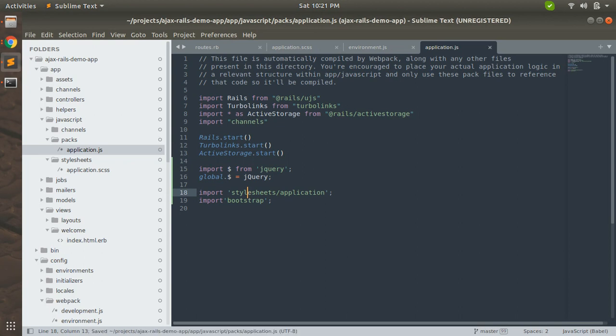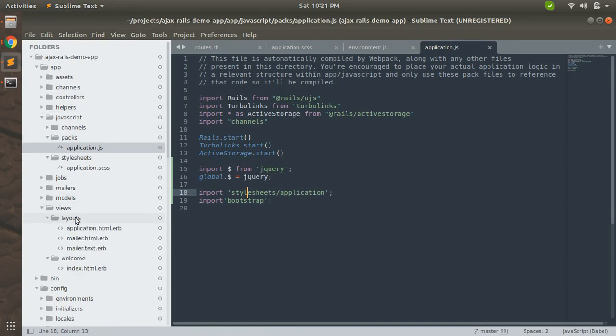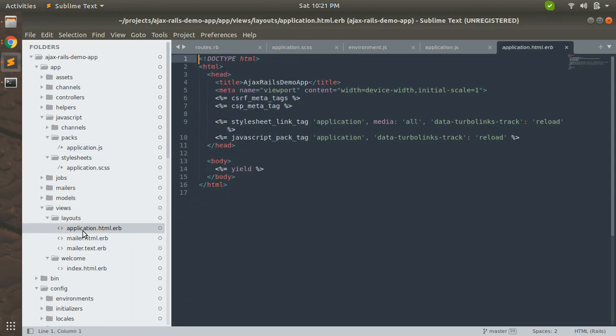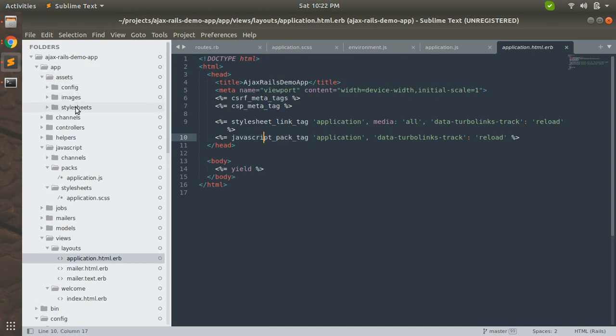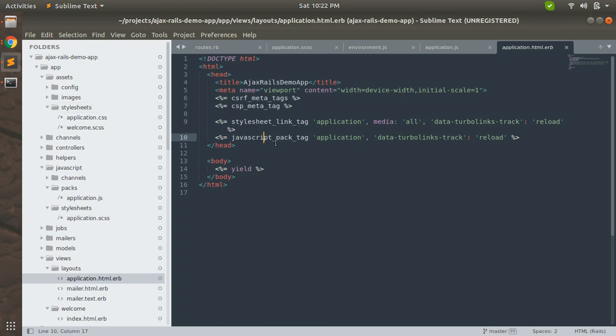Now, another change that we need to make is to open your layout file, application.html.erb. You can see the javascript_pack_tag, because our JavaScript is served by Webpacker, so we have the helper method here. And in the assets folder there is only the stylesheets folder, so you can use either stylesheet_link_tag or stylesheet_pack_tag.